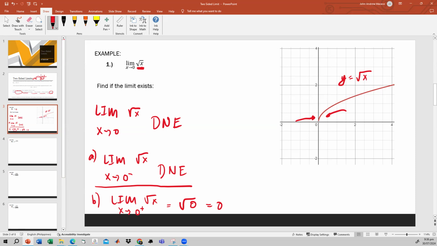So in this case, this must be DNE, right? Okay, so sir, what if we already considered letter A as DNE? Do we need to prove the second theorem? So you don't need to prove it, class, because once it becomes DNE, automatically the limit of the given function becomes DNE, right? So this will become DNE right away once one of the conditions fails. Okay, so I hope we're all clear with this.